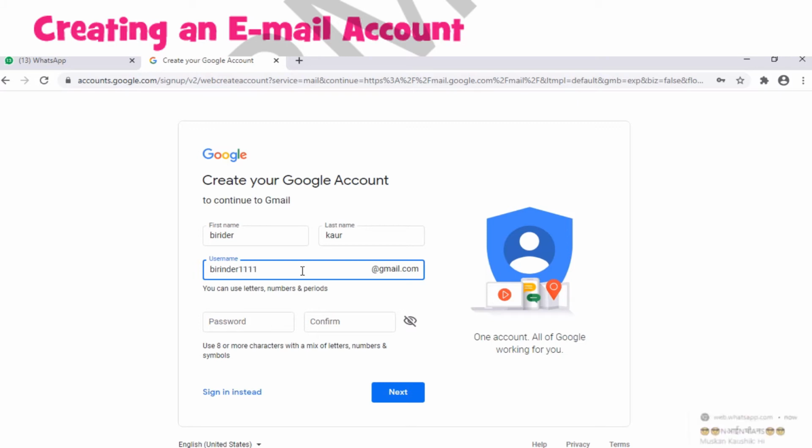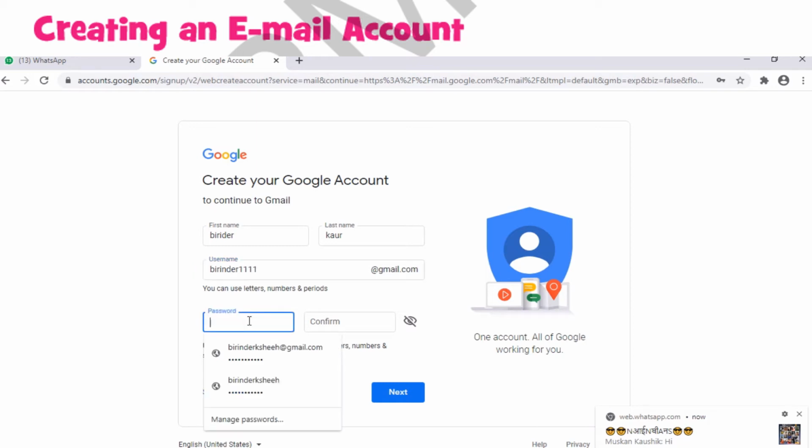It should be unique, as there are a lot of Brinder Kaurs in our world. So we have to create our email account name as something unique. So here I have taken Brinder1111. Then the password.